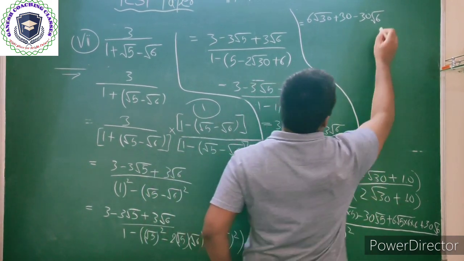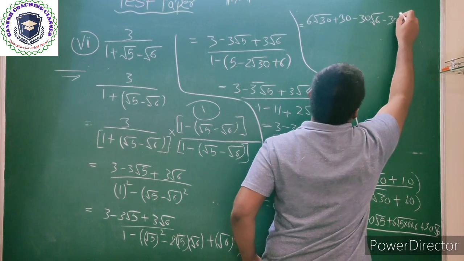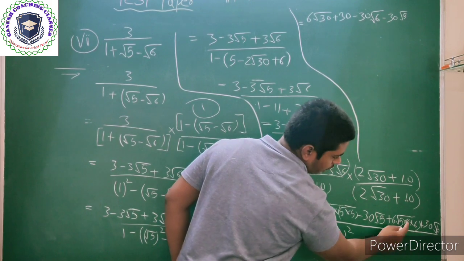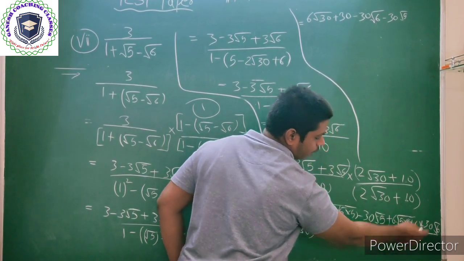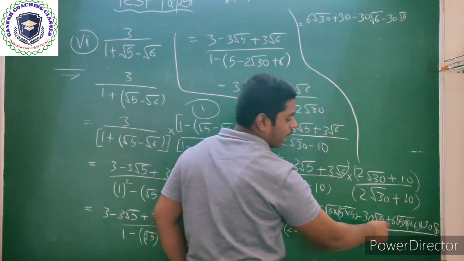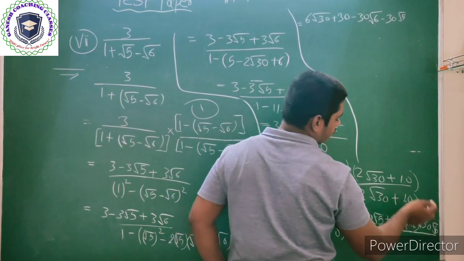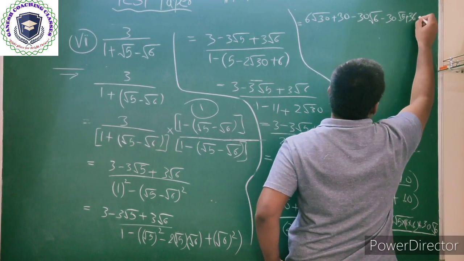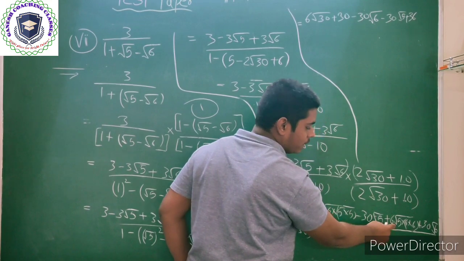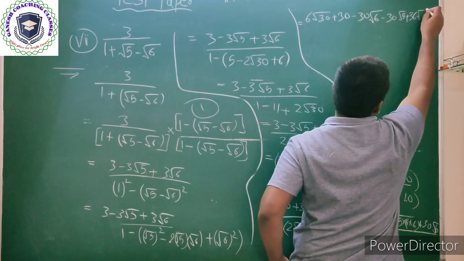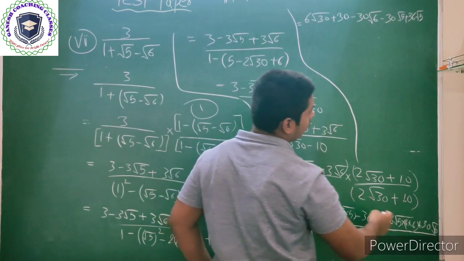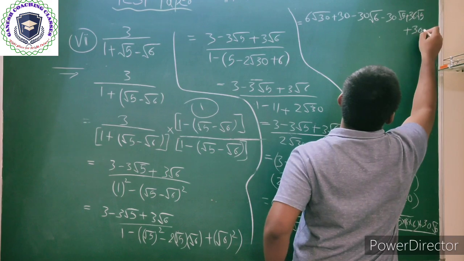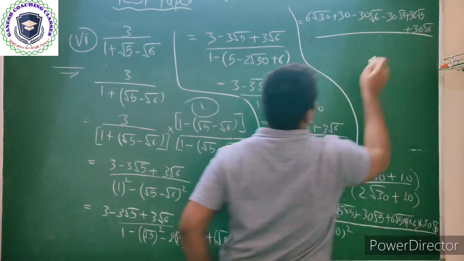Now further this step, minus 30 root 5. Okay, and again we are getting here a pair of two numbers, that is 6 into 6. When it comes outside, it becomes individual and multiplies to the 6, that is 6 6s are 36. So here plus 36, and what will remain inside that root, that is root 5. Okay, and now what remains in the final term, that is 30 root 6. So I am writing here 30 root 6 in denominator.